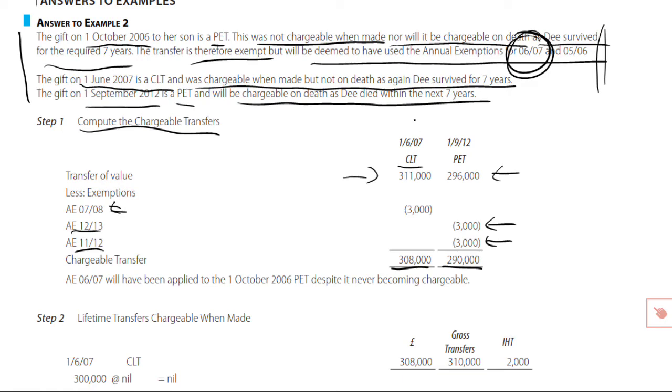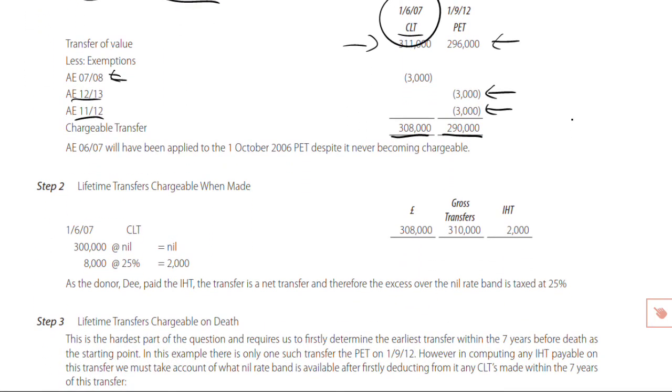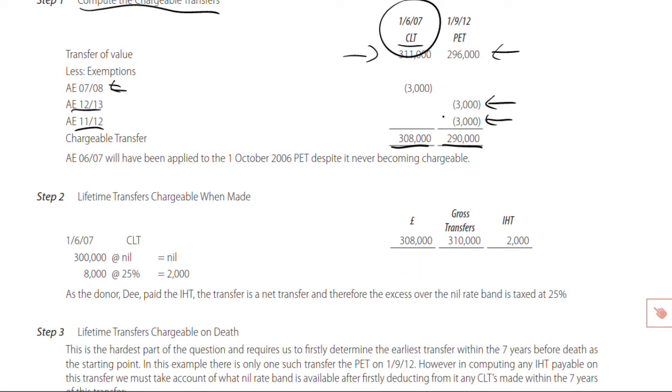Okay, do we have a CLT? Yes, we do. So on to step 2. Lifetime transfers chargeable when made. Pick up the chargeable transfer figure, put it in your working column. There it is, June 07 CLT. What was the then nil rate band we were told? It was 300,000. 308 goes above that. So the first 300,000 at nil, leaving 8,000 above the available nil rate band that now therefore gets taxed at